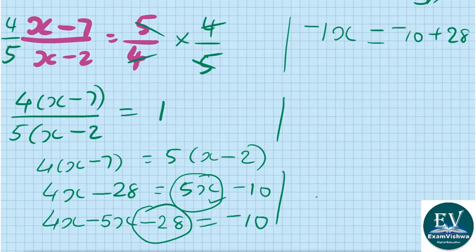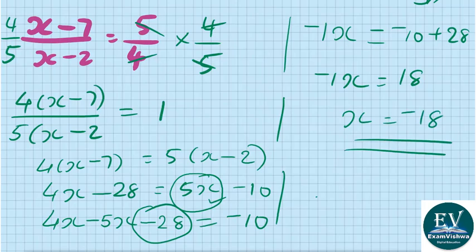That means minus 1x is equal to minus 10 plus 28 means 18. Okay, so we are reaching the answer now. In that case, x is equal to minus 18. So my dear students, प्रॉब्लम कैसे भी आने दो, हम सॉल्व करेंगे. सॉल्यूशन है हर एक प्रॉब्लम के लिए. ओके,